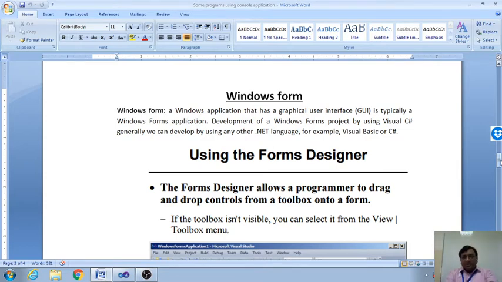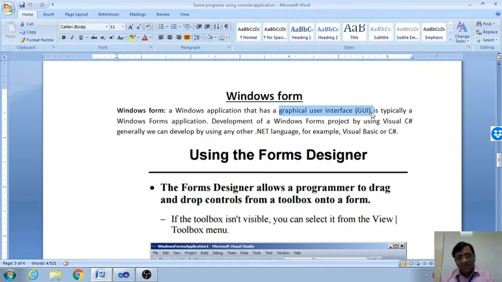In the Windows application, we have a graphical user interface. Graphical user interface means we can see the design. If you compare with the console application, in the console application we do not have any page so that the user can interact.